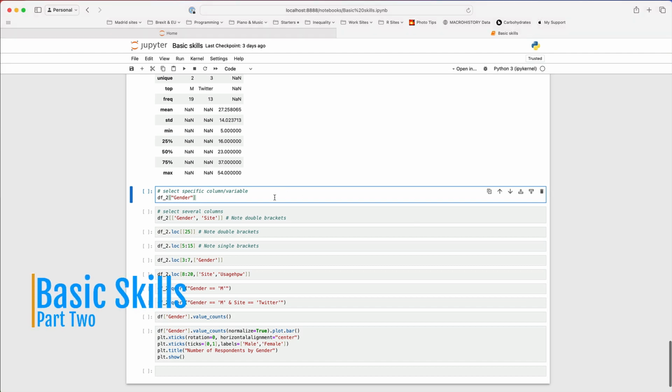So now we've got a clean data set, we can look at how to do some basic selecting of columns and rows and basic filtering of the data. All basic skills that you'll need. So let's first of all look at how to select a specific column, a specific variable, also known as a